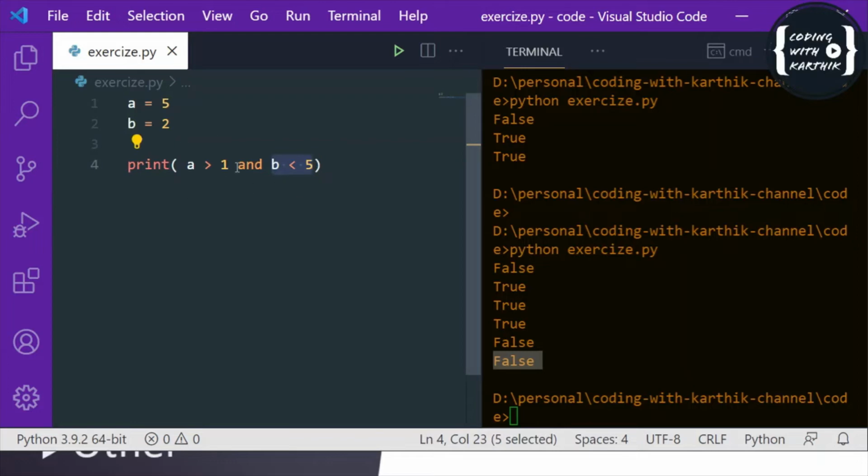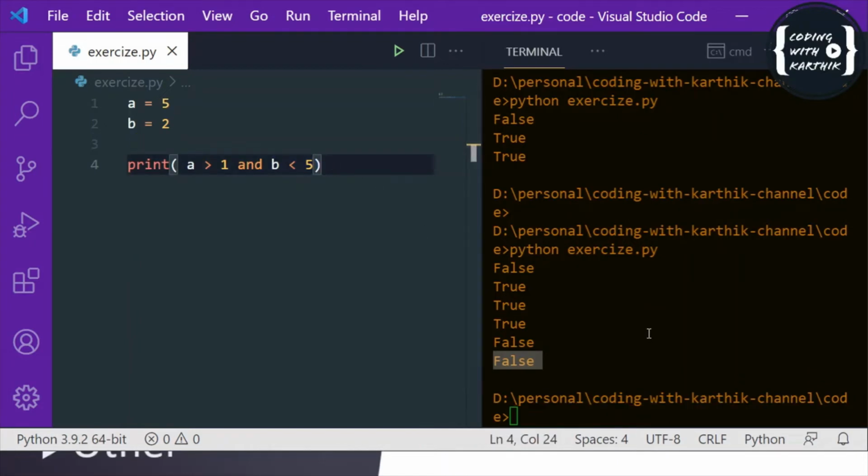So if you run the and, we are using and logical operator, right? So this will give you true only if both the conditions are true. So this condition should be true, and this should be true. Then only it will give you the true. In any other case, it will give false. If any one of these conditions is false, then the entire result will be false.